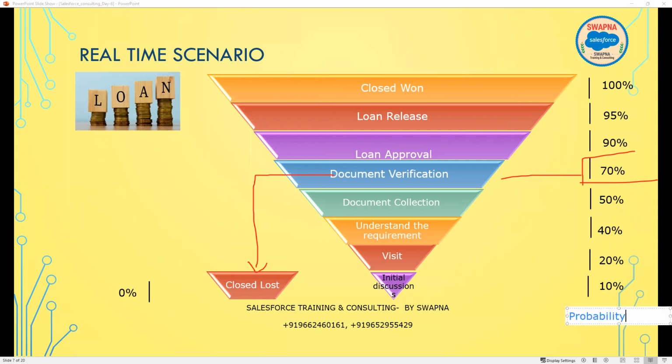This is also called a probability. Probability means that at every step there is some probability. Now, why do we need this probability? Because in real time, if you look at any company, whether it is a CEO or a vice president, very high level people,